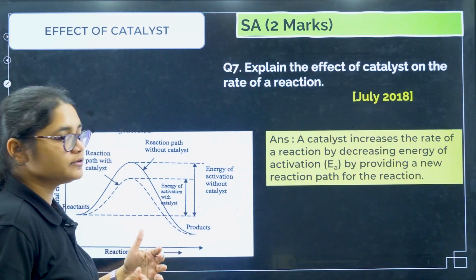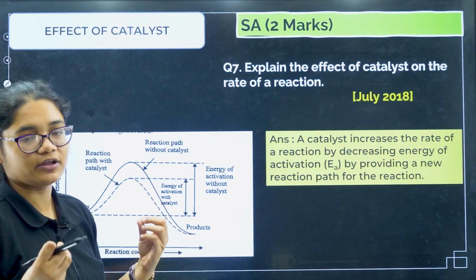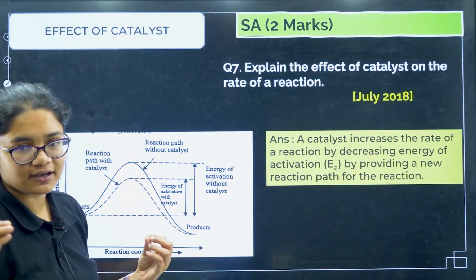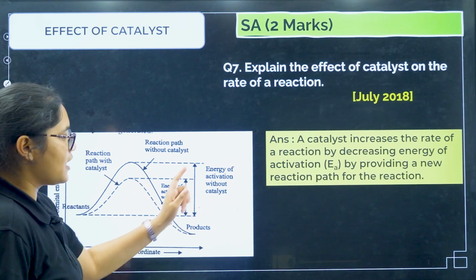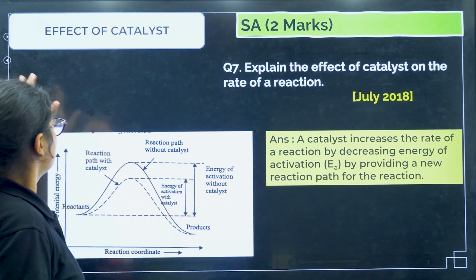So catalyst, what does it do? It increases the rate of the reaction by decreasing the activation energy, right? So draw this graph, and this is the thing. Next,